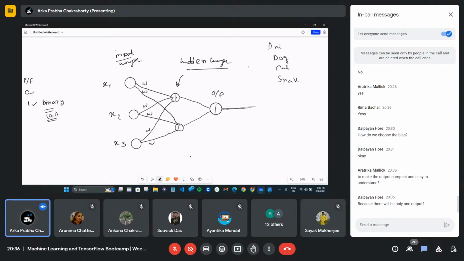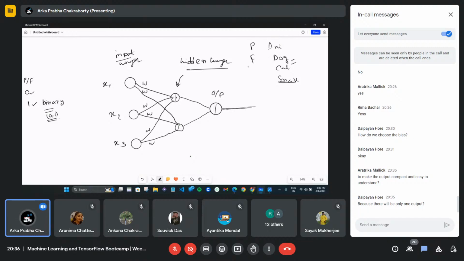So my output layer will have three different neurons, right? But for now, this is a binary classification, like pass or fail, dog or cat. If I'm considering dog-cat classification, then there will be only one neuron in the last layer, the output layer.